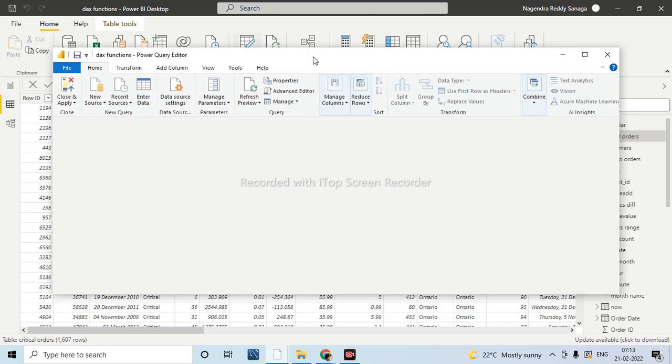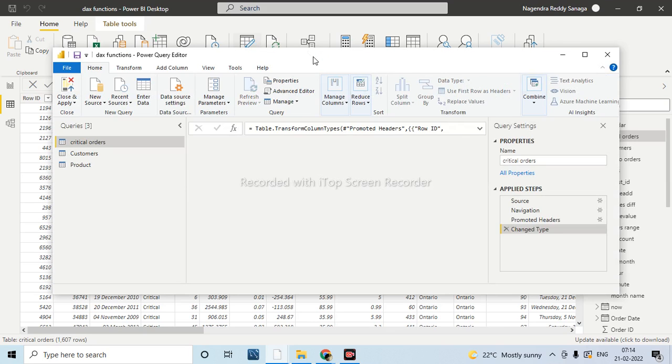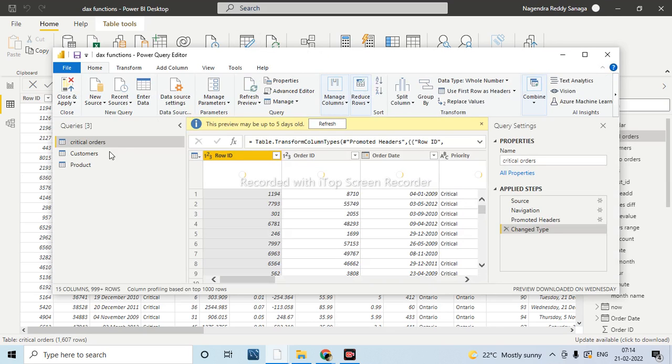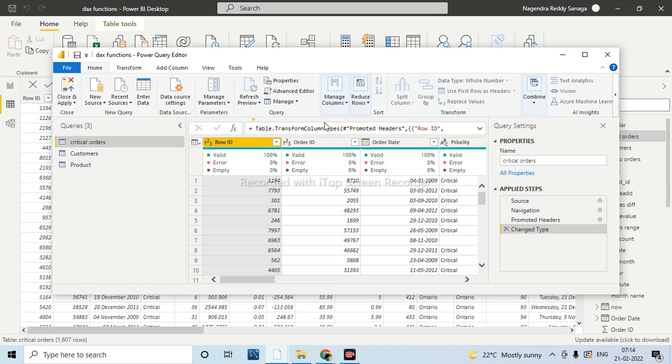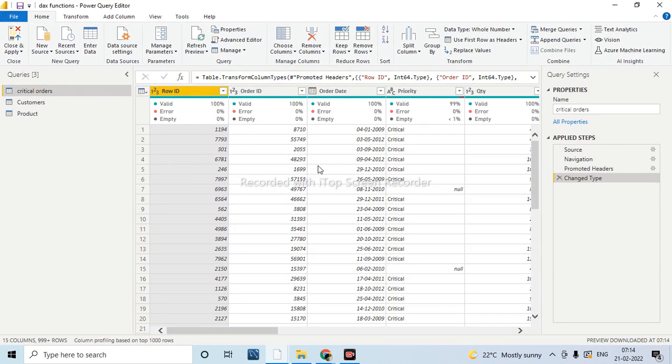What we are doing is relevant in real-time scenarios also, when we get this requirement. For example, if I have done the whole dashboard up to this point, and later a few more different categories come in, then instead of building the report completely again, we will directly append the information here itself. Now we have only the priority critical here, right?